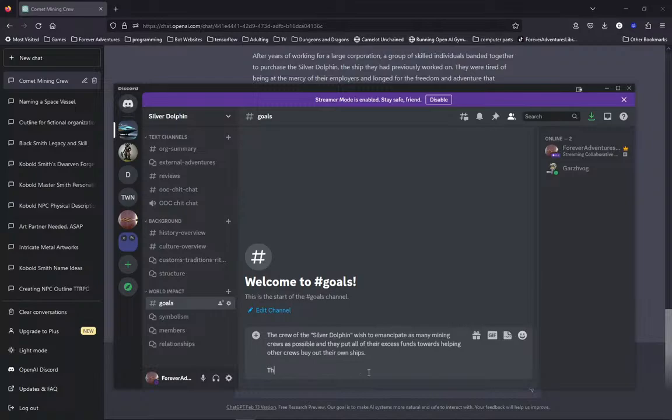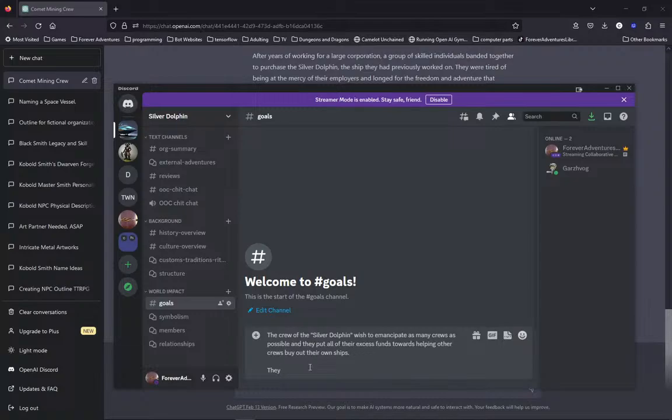And then let's not put mining crews in here. Let's put emancipate as many crews as possible. And they put all of their excess funds towards helping other crews buy out their own ships.